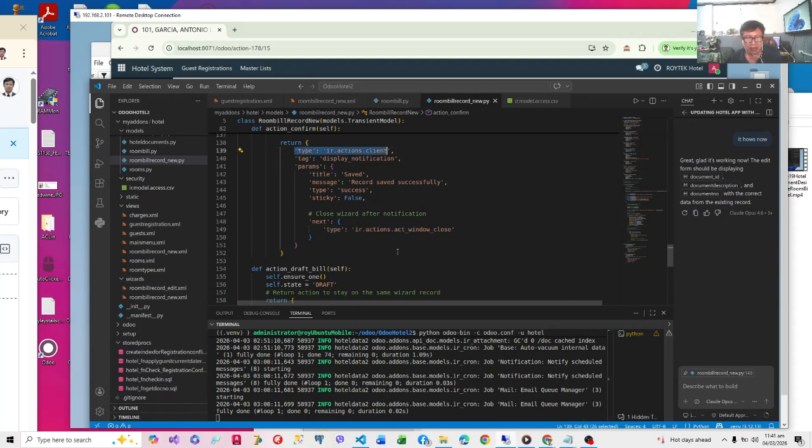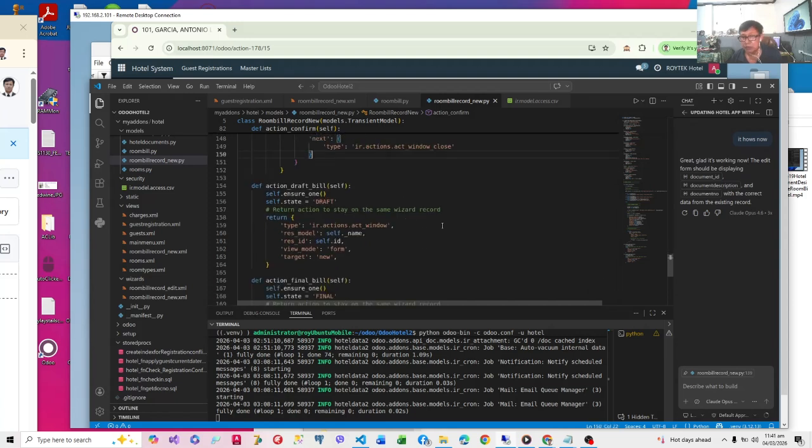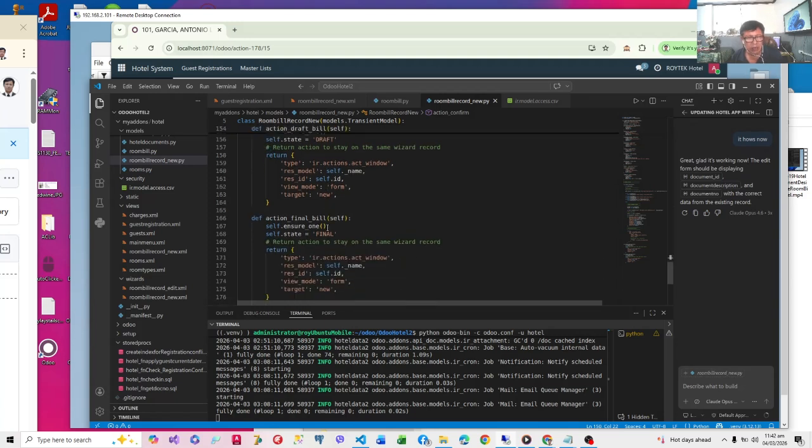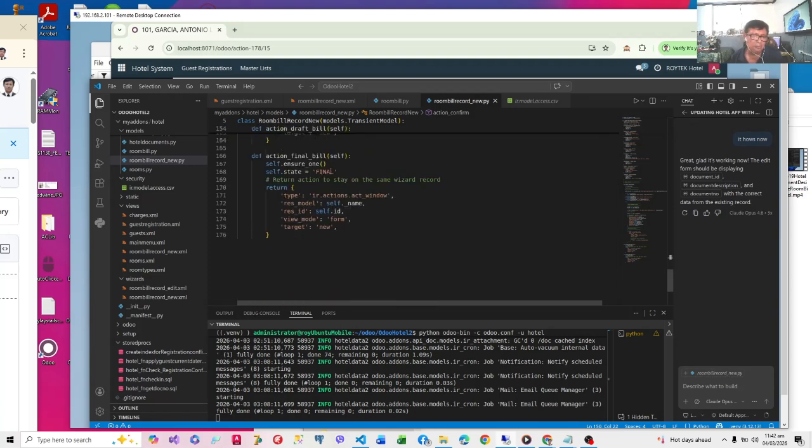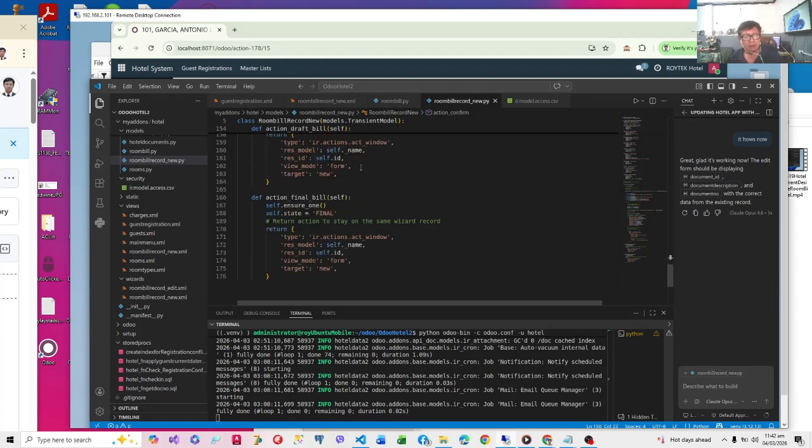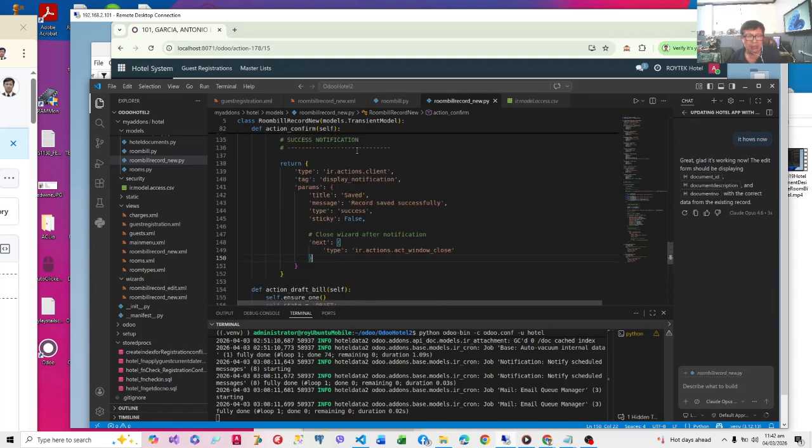Take note, these are actions followed by an action which will close the window after the user saves the record. Now, if he just sets the state to draft, the wizard should not close. It's the same thing when the user finalizes the bill. It should not close. He should have to click the close button in order for it to close. So basically, that's our transient model.